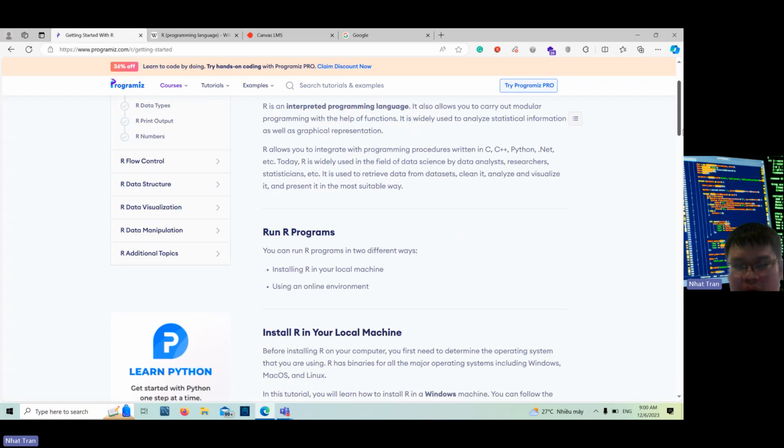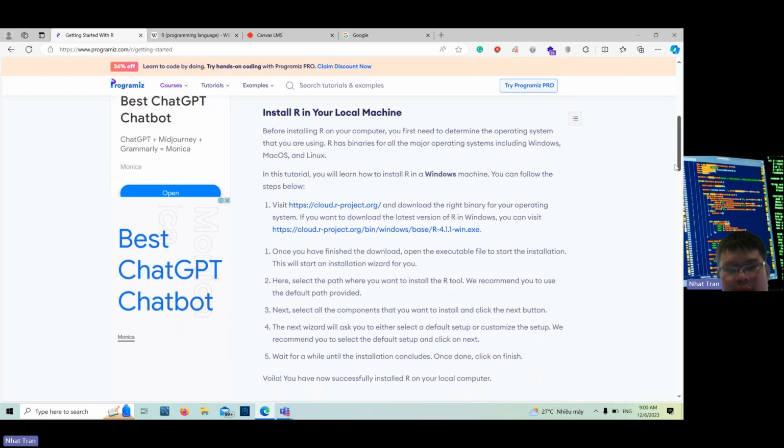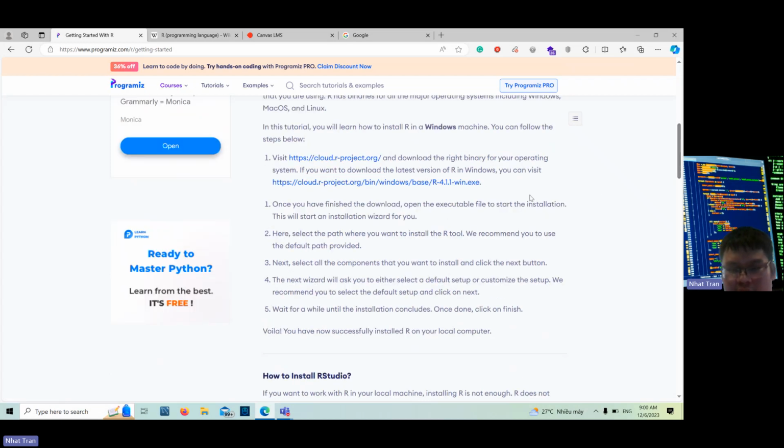And to use the R program, you can install R on your local machine, or you can use an online environment. About installing on your machine, R has binaries for all operating systems like Windows, macOS, and Linux. So you can use any of these OS for your R. And then visit this site and download the binary for your operating system and follow the instructions on the installation